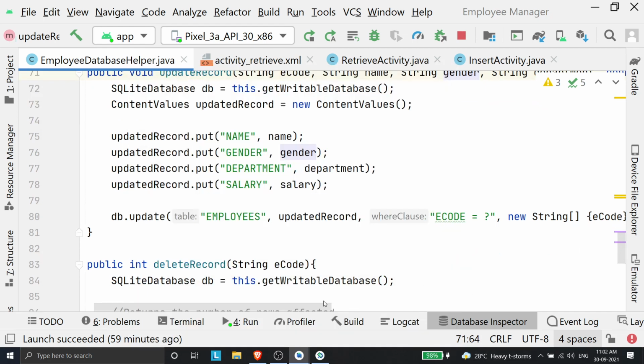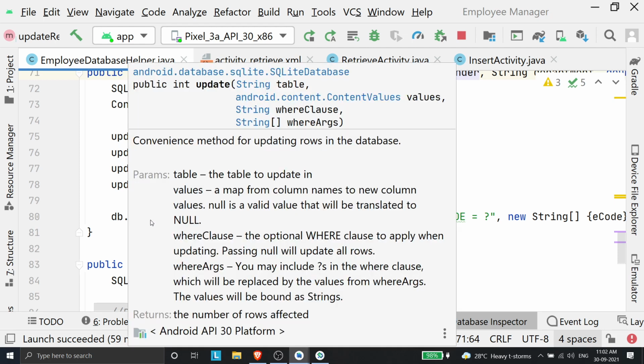Update will help me update the database table contents. So the table is employees. The content values will be the updated record. You can see the function signature if you hover over here. Table, the table to update, values, a map from column names to new column values. Null means it will be translated to null.